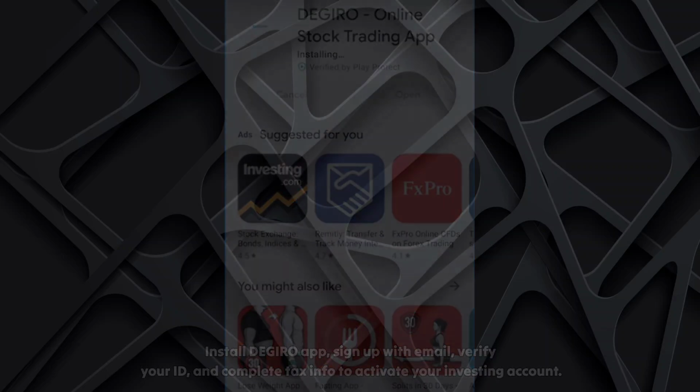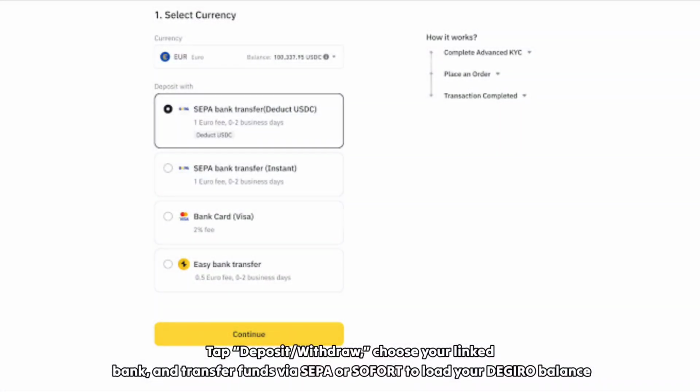investing account. Tap deposit, withdraw, choose your linked bank, and transfer funds via SEPA or software to load your DEGIRO